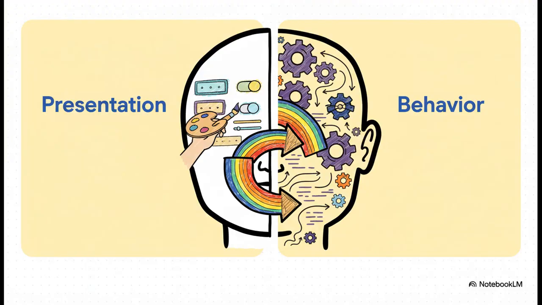Now, every app really has two sides to it. You've got the presentation, that's all the stuff you see, the user interface. And then you have the behavior, that's the logic behind the scenes that makes it all work. You know, a good analogy is a light switch. The physical switch on the wall, that's the presentation. The electrical wiring inside the wall that actually turns the light on, that's the behavior. The genius of Flutter is that it uses widgets to define both, giving you one consistent way to build everything.